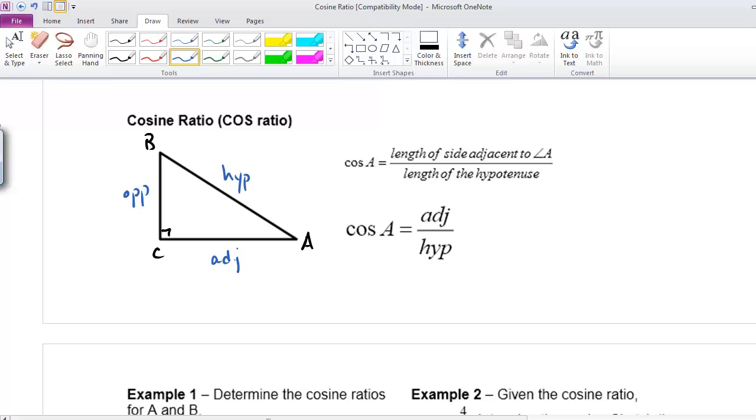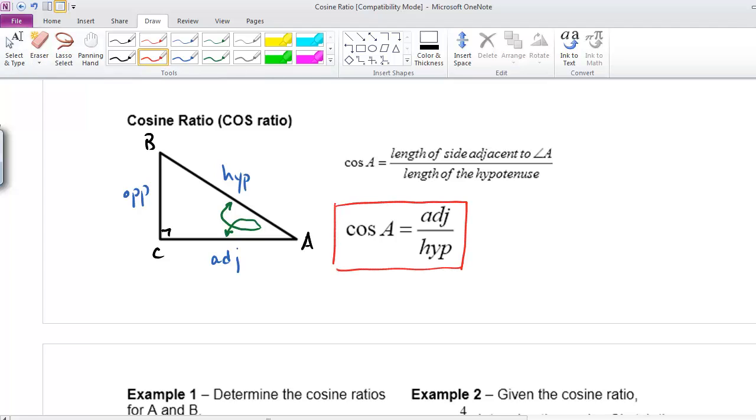Looks familiar? We've done it 3 times now. Well, if we have information about the side adjacent to the angle, and if we have information about the hypotenuse, we can't use any of those other relationships. What we can use is